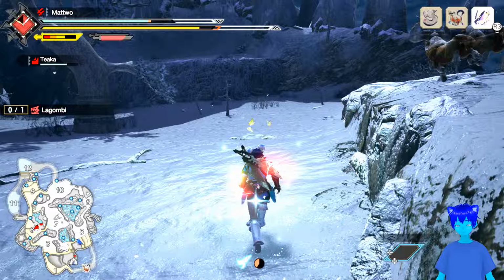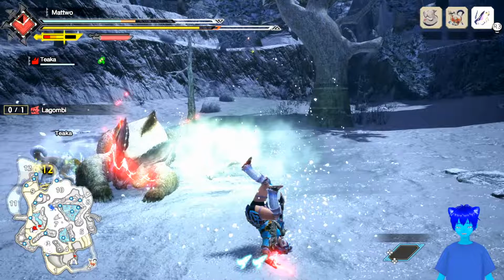But in Rise, you can't do that. It's a lot harder. I mean, you can, but they made it so much harder to knock a monster off their feet. In World, I could just do an unga bunga on the legs with this butterfly dance attack, but in Rise,